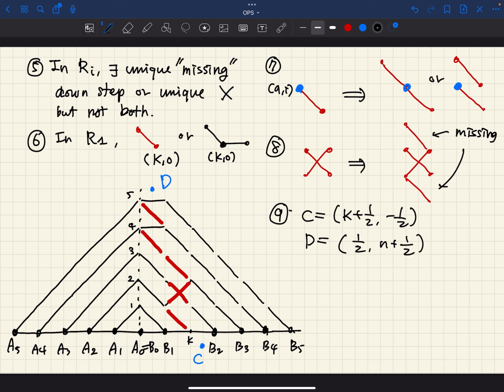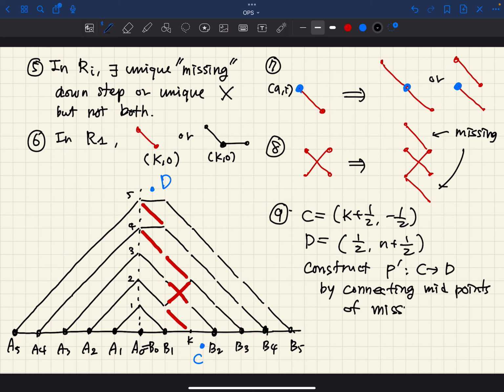And then construct a path P prime from C to D by connecting the midpoints of missing steps, missing down steps. For example,